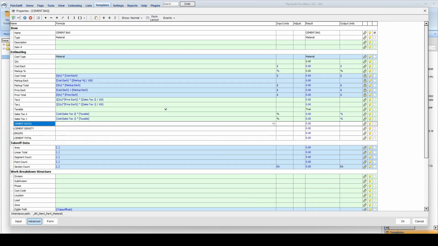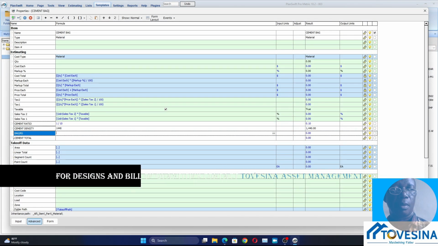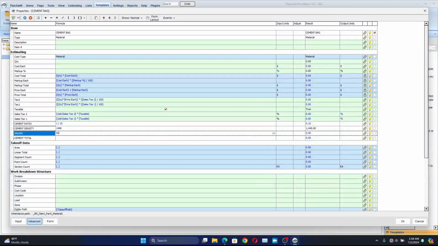The cement ratio is 1. We divide it by the sum of the ratio. The density of cement, if you Google, you can see that it is 1440. The weight of the bag, one bag, is 50 kg. So what is the total